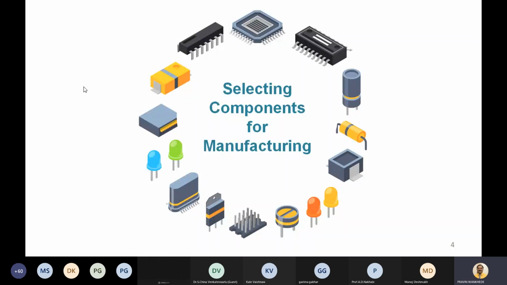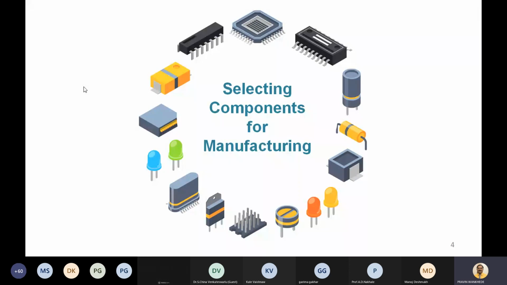But once you have a working prototype, you often find that the components used in development don't meet the other requirements. For example, they may not fit in your final product package. You thought your product should be 3 centimeters by 3 centimeters, but you selected a through-hole capacitor which itself has a height of say 1 centimeter. Then how are you going to fit that component in your product size? That is also a problem.